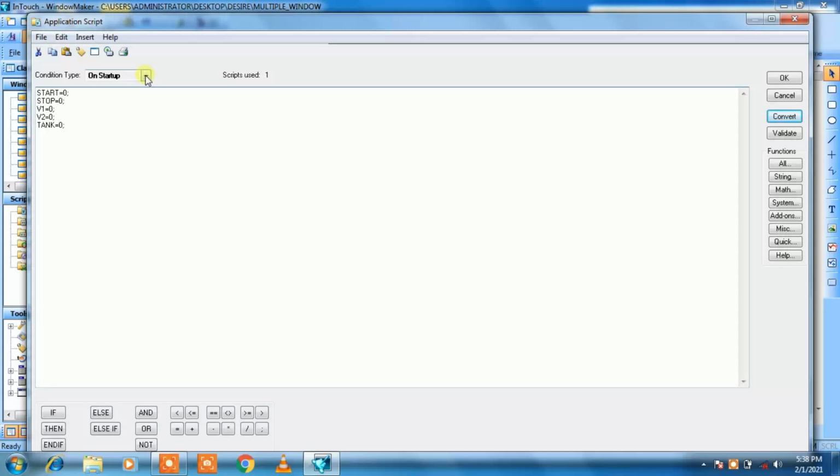Then in condition type, select while running. Here we have to apply the logic for our complete program. The logic is: if I press the start button, start equal to 1, then wall 1 equal to 1.